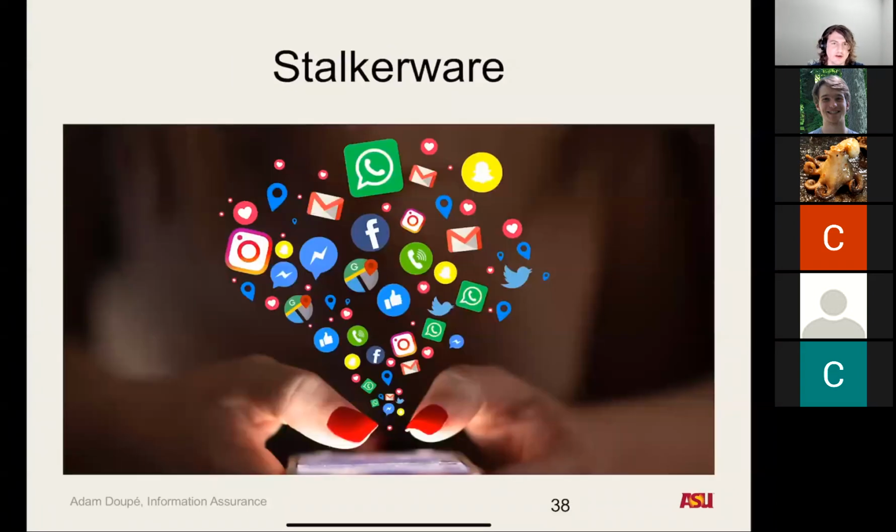And the other category that I want to talk about was stalkerware. So this is, again, similar to that text message backup, right? It's a really nice name to convey the idea that the software may enable stalking to a level that somebody wouldn't expect.